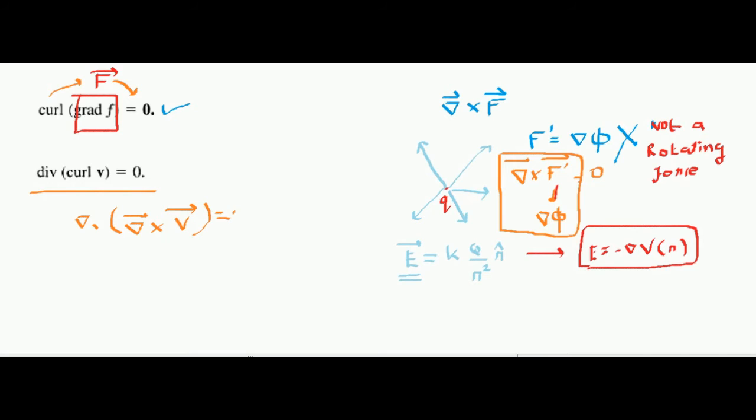For example, divergence will only exist for forces which are non-rotating. Remember the electrostatic force? The electrostatic force produced by a point charge is a diverging field because it starts from a point and diverges till infinity. It goes out from a point till infinity. So these types of forces or electric fields are called diverging fields.